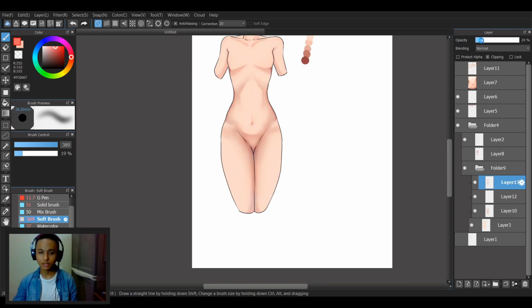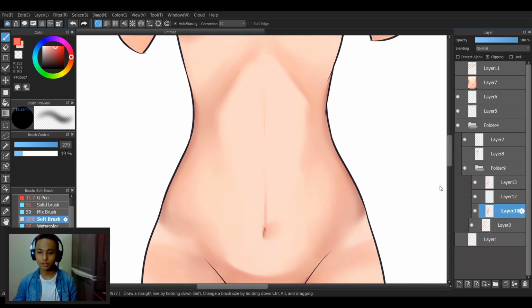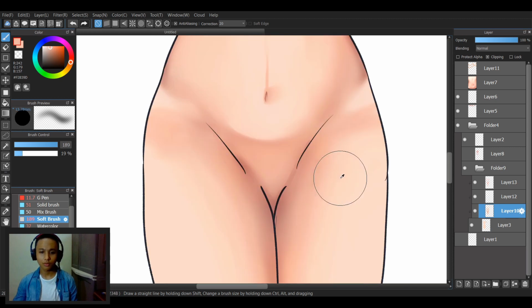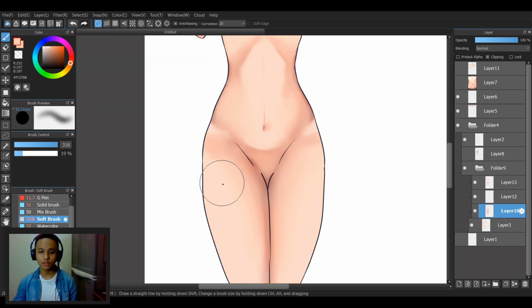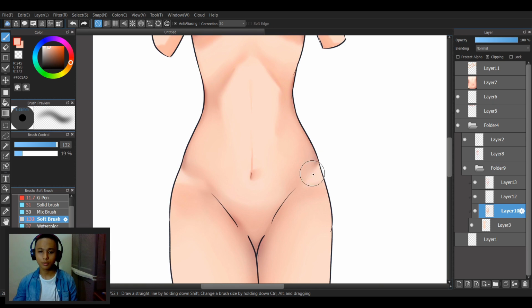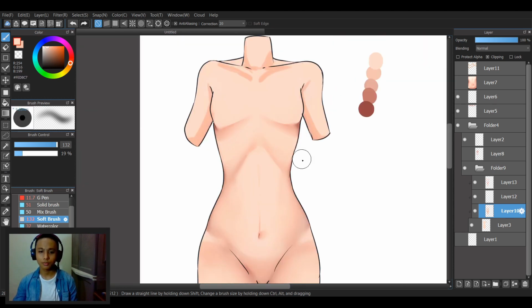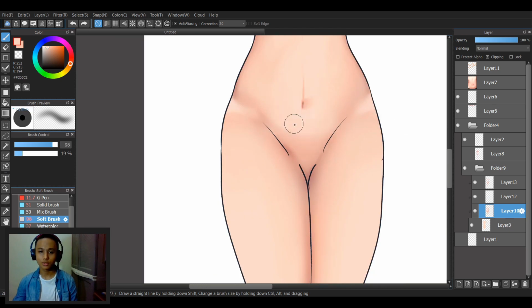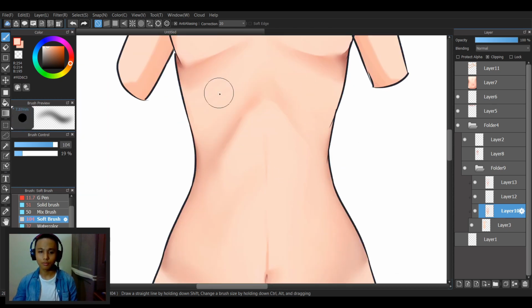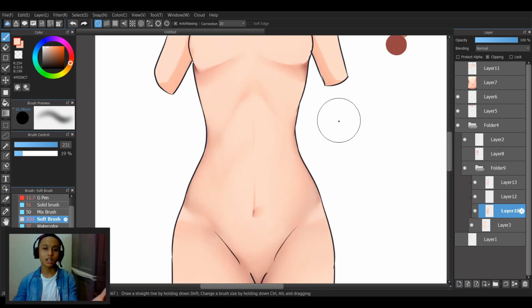And adjust the opacity. I'm just gonna soften things up a little bit. At this part, you're just really finalizing the feel of how you want it, which is what I'm doing. There we go, look at that. So pretty much just block